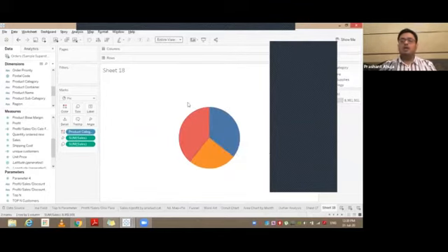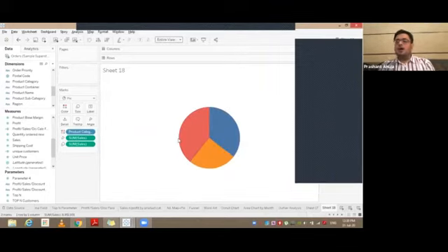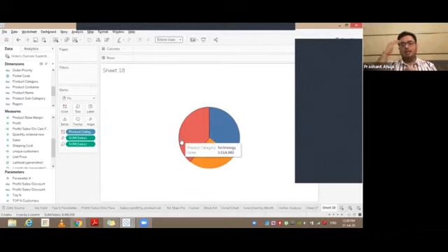How to now create a donut chart out of this? This is interesting. How will we do this? We will duplicate the pie charts. We'll create 2 pie charts, one over and one below. We will decrease the size of the below one. We will overlap it on the first one and make the color white so that the middle looks like a blank space, but it's actually a white pie chart.